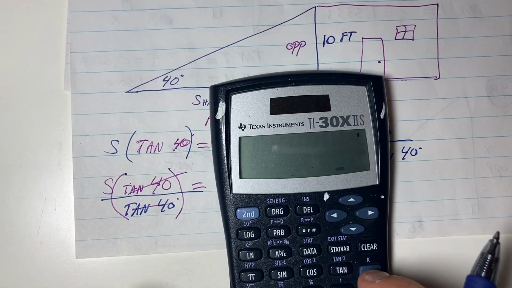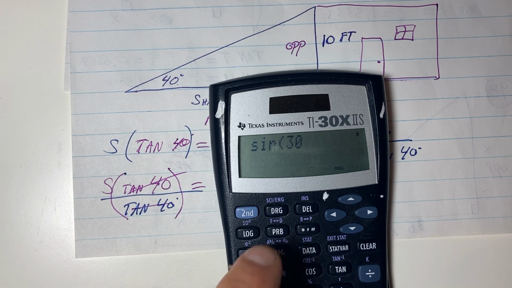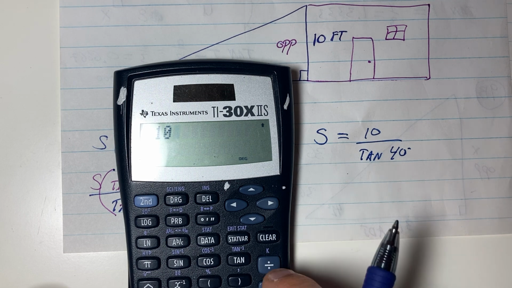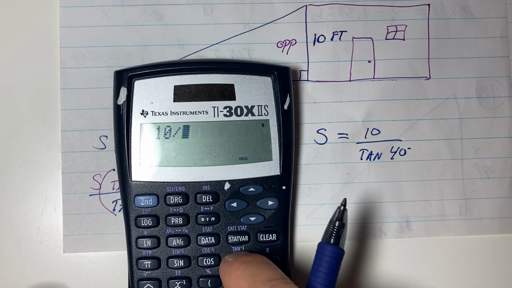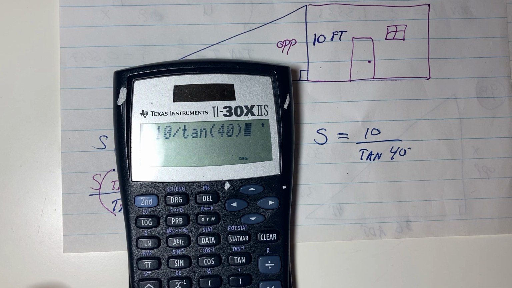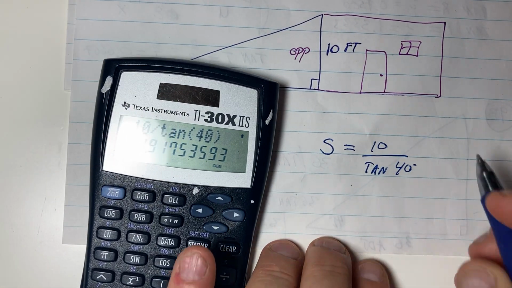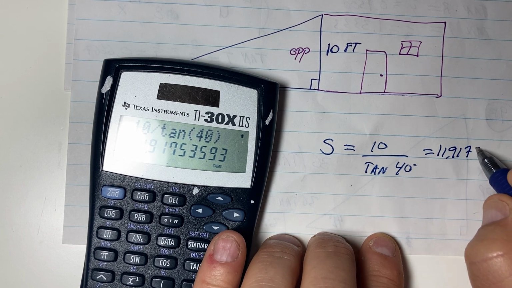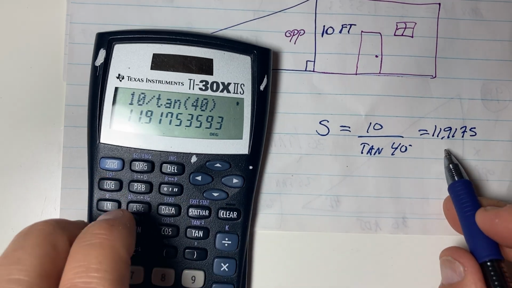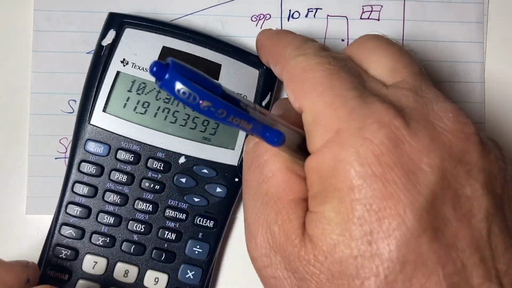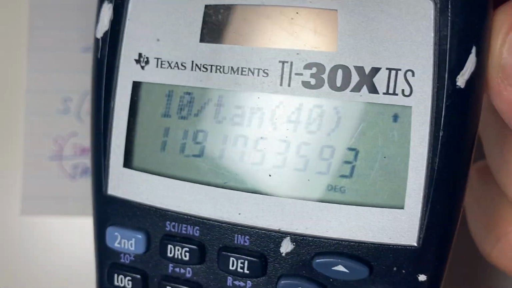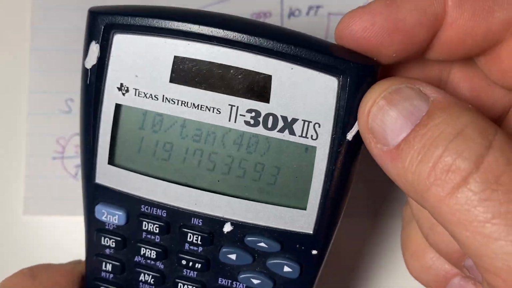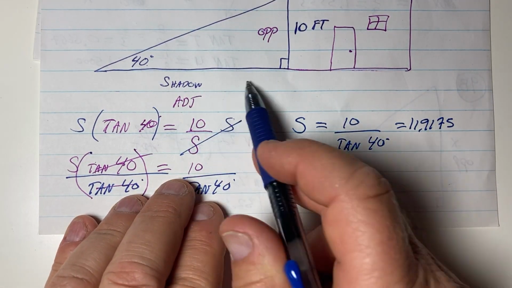So make sure the calculator is in the proper mode, degrees. 10 divided by tangent of 40 equals 11.9175. Hopefully you can see that. So the length of the shadow